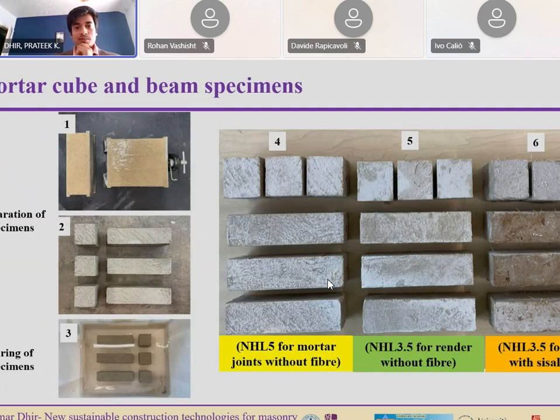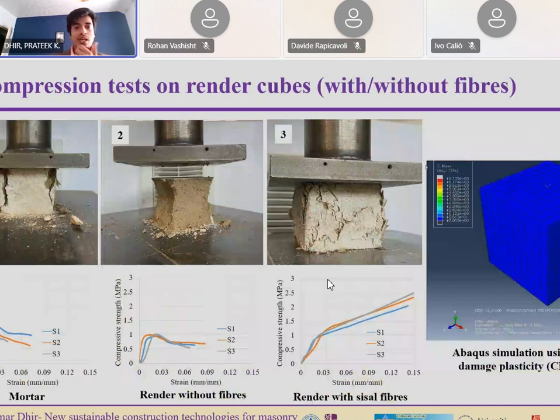So we started some characterization of these cube mortar beams. If you see this number 4, 5, and 6 combination, we have NHL 5 mortar without any fiber. Then we have render without any fiber. Then we have added the fiber in the NHL 3.5. So then we tried to do some